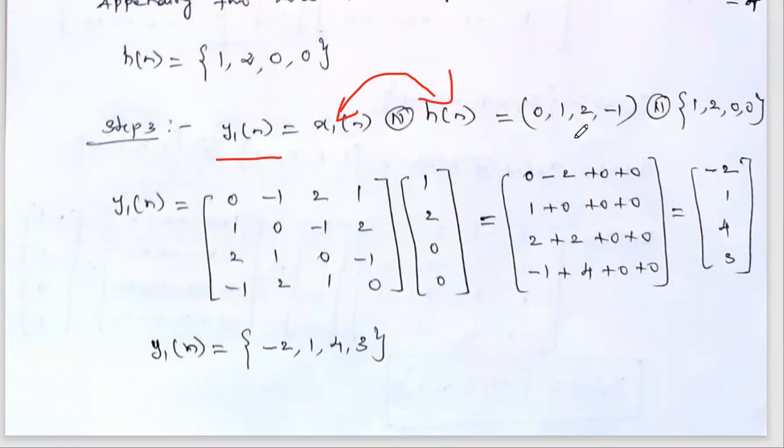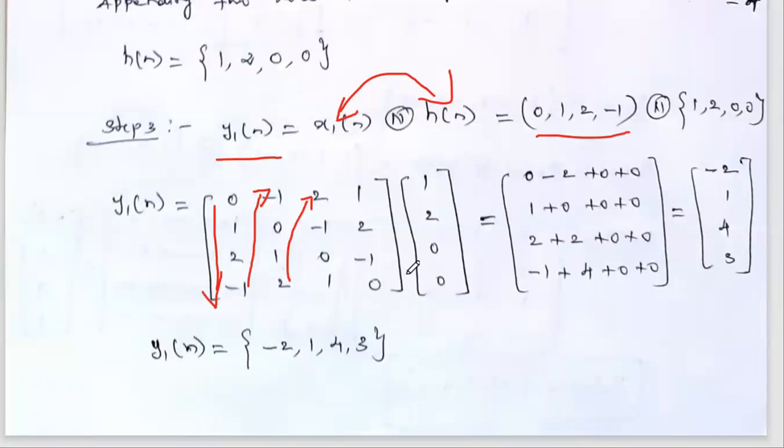Okay, so first this data you write in a column-wise: 0, 1, 2, minus 1. The second column is obtained by taking the last value and shifting it to the first position. Then the remaining 3 samples you write as they are. Then the last data you write on top, and the remaining 3 samples you just write. Okay, this is said to be the